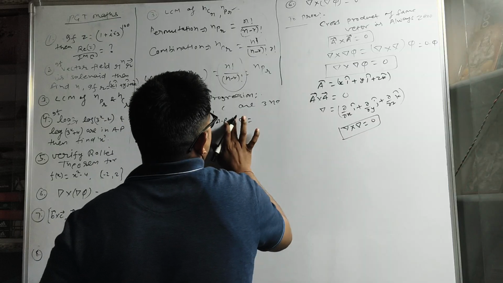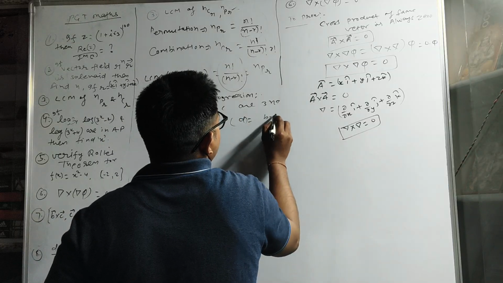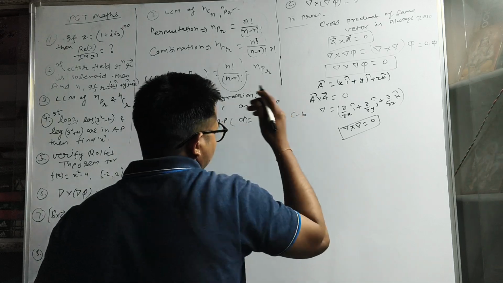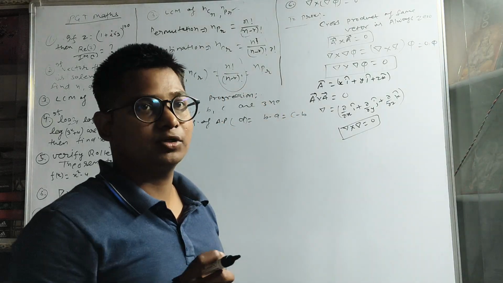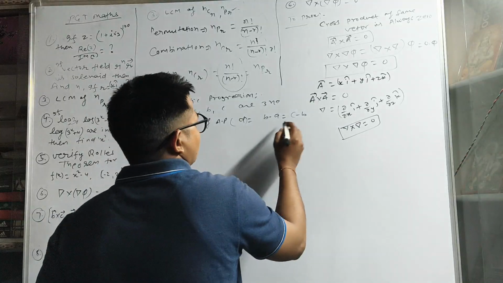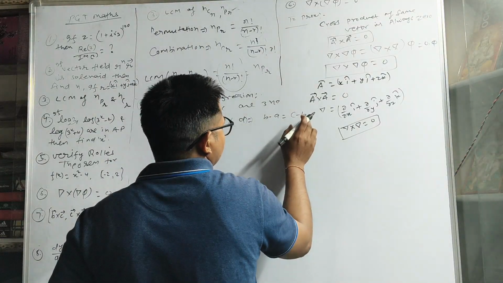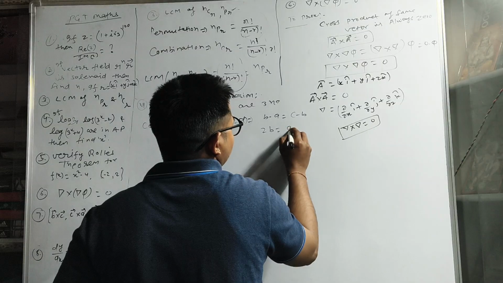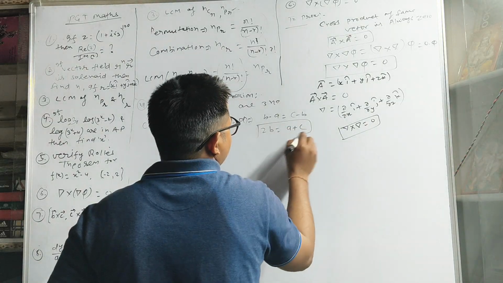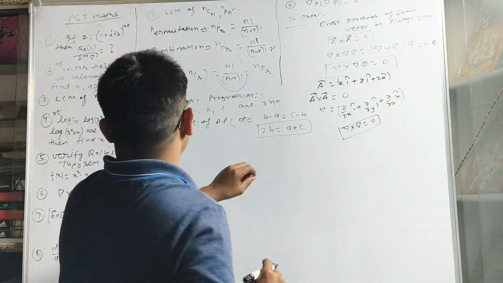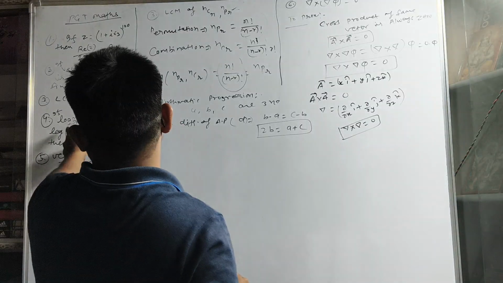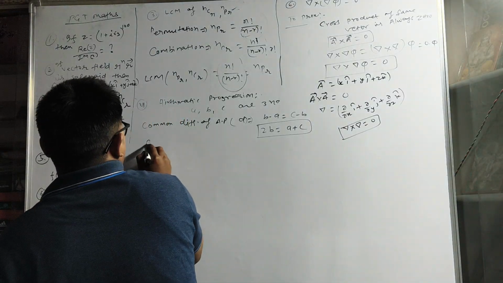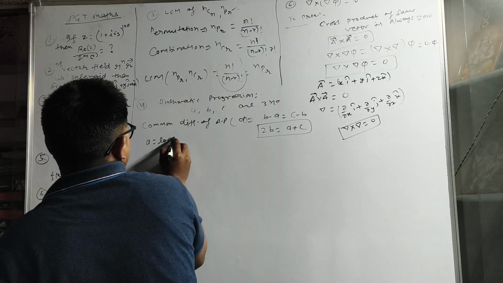D is written as B minus A equal to C minus B. That means the consecutive difference between two terms of an AP must be equal. So if we take B to the left hand side, we get 2B equal to A plus C. In this condition, we have to prove the coefficients we have been given. The value of A is log 3.